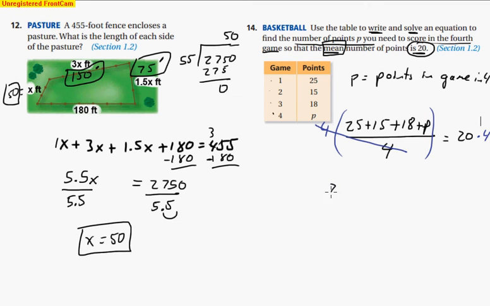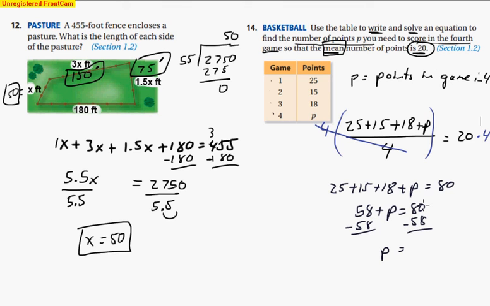So now it's just a matter of counting up what all these numbers add to make. And so this makes 40 plus 18 gives me 58 plus P equals 80. And so I'm going to subtract the 58 from both sides. Make sure you borrow. And that gives us 22. So 22 points. Make sure you have units with every number, especially if it's a word problem. So that's what I need on the